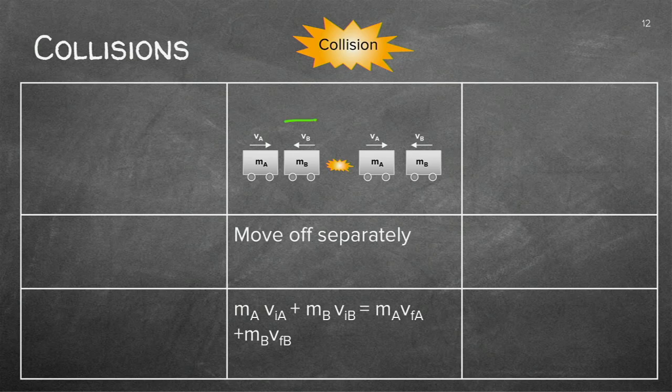A second collision will be 2 cars, but look at this one. It's not stationary as the previous one. They are moving towards each other. It's like a car coming from the front, and they collide, and then see this one is moving that way and that way as well. So they move off separately.